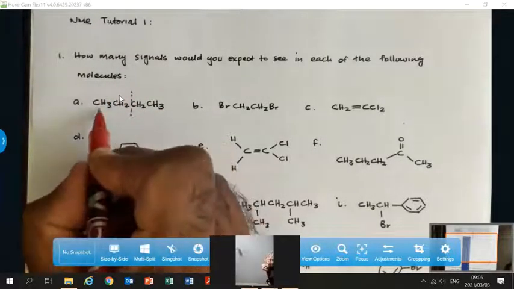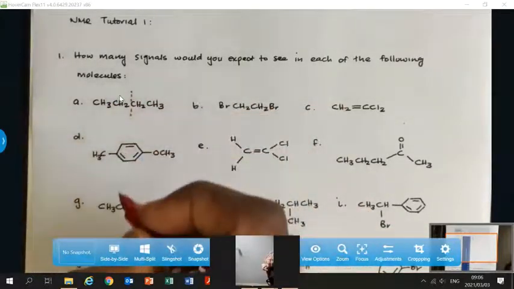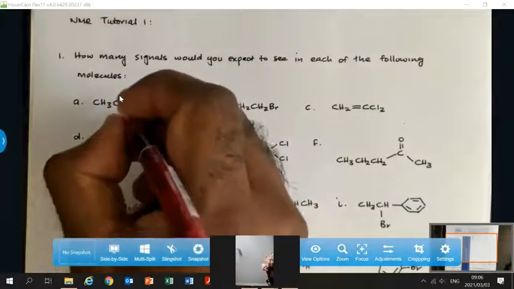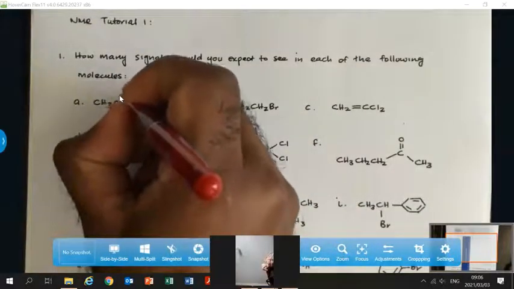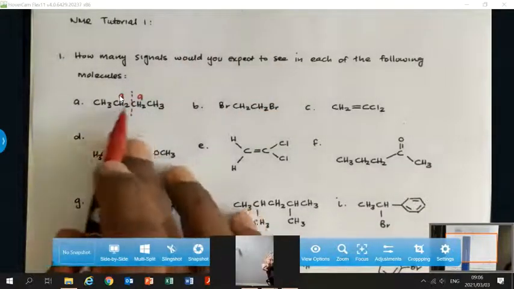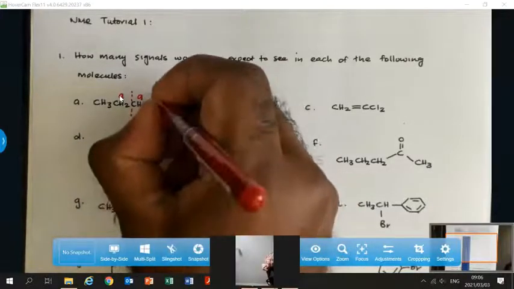So I've got a CH2, CH3 on that side and a CH2 and CH3 on that side. If I use the same notation that I used in the previous example, I can denote these CH2s as A because they are equivalent. And then these CH3s I can denote as B